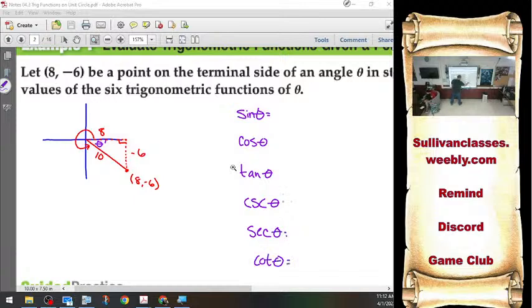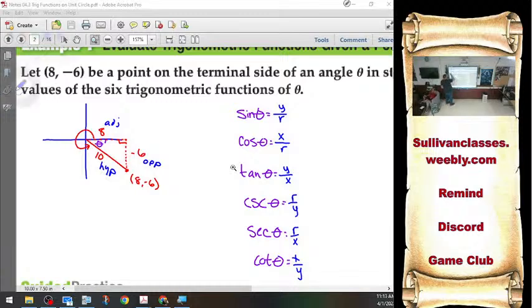Because now I have my coordinate shortcuts. My coordinate shortcuts are simply y over r, x over r, y over x. And then the reciprocals: r over y, r over x, and x over y. See, from here I can label my opposite, adjacent, and hypotenuse, and I can find all of those normally. I'm telling you that you don't need to,